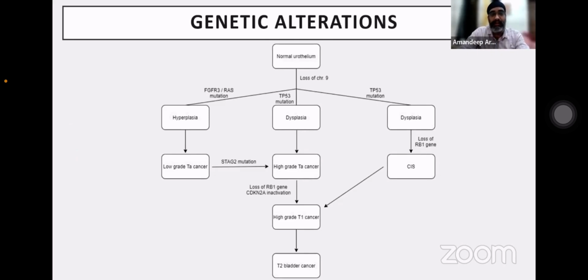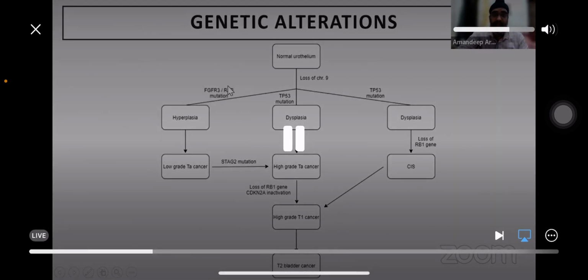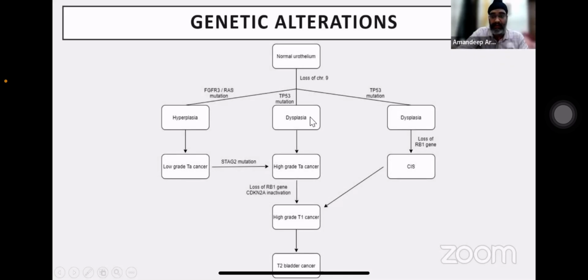This figure tells you about the genetic alterations. I do not expect you to learn all this. What I wanted you to realize is we have low grade bladder cancer here and we have high grade bladder cancer in the middle. So what we need to realize is the mutations which are responsible for low grade bladder cancer and for high grade bladder cancer are completely different. So there are two dichotomous cancers that develop in a patient. A low grade bladder cancer may progress or change into a high grade bladder cancer. But to begin with, a low grade bladder cancer has had different genetic alterations compared to one who has a high grade bladder cancer.